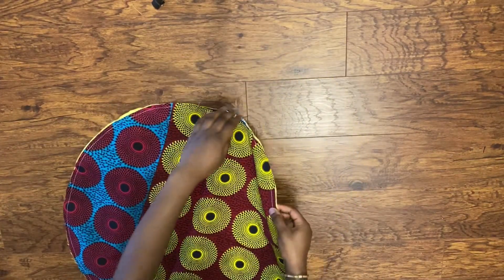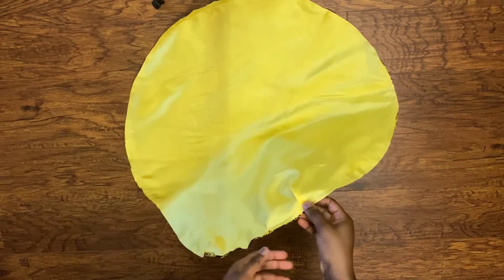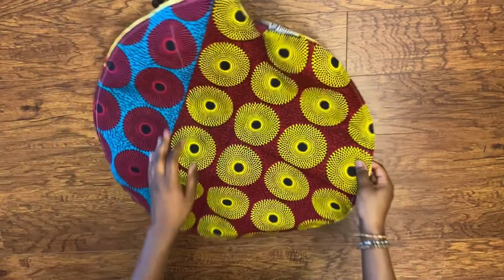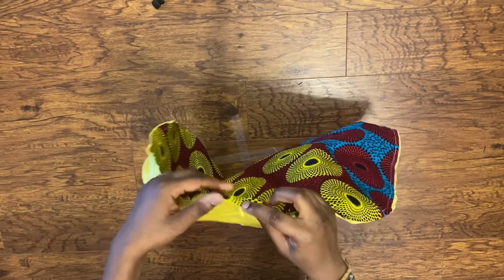So if you notice, you're going to see my stitching. I used white thread so you guys can see it, and you're going to see that there is a space there. That's the 2-inch space I told you about. That space is so that I'm going to be able to turn this inside out. If your fabric is in excess when sewing, feel free to pleat it. There's no harm in pleating it, but right now I'm just going to turn in the fabric so that the